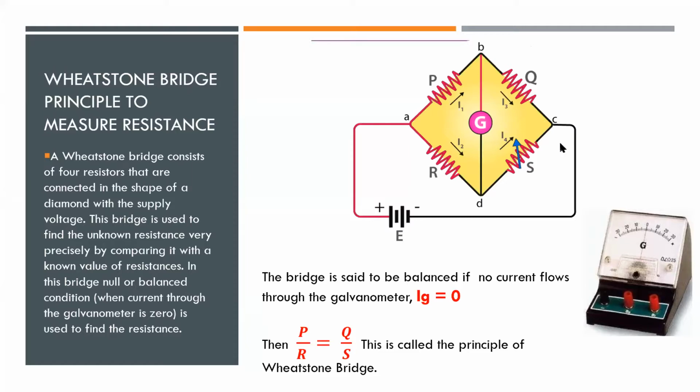And here you can see one of them is shown with an arrow mark. What does that mean? The direction of the current. No. It's a variable resistor. Yes, it is a variable resistance. So if there are resistances like this in 4 arms, we may vary one of the resistances and make the current flowing through the galvanometer 0.